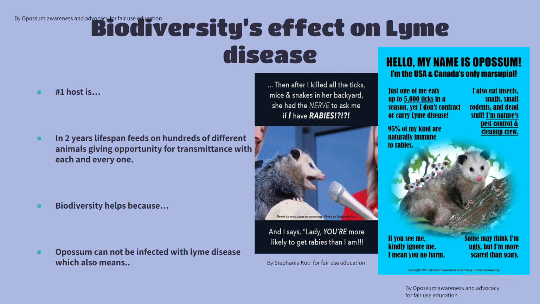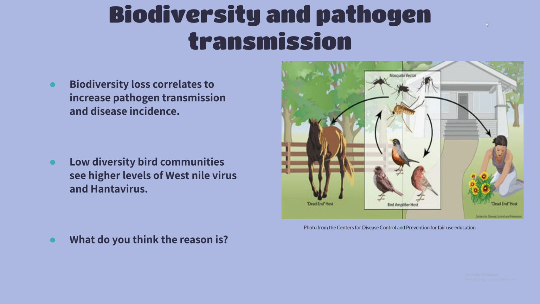There are many species of animals that have a natural immunity to various diseases, like the possum. Keeping ecosystems diverse with animals like this prevents further transmittance of disease. Biodiversity loss correlates to increased pathogen transmission and disease incidence. This has been a recorded